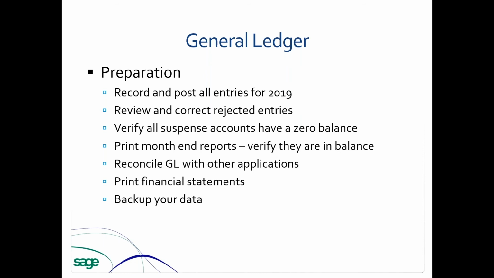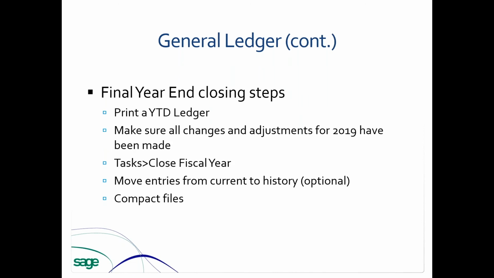Then print your financial statements as tentative, make a backup. You might want to get a year-to-date ledger, either print it to paper or get a print file. And I would put a date on it so that you know when that year-to-date ledger was made. Okay. And then close the year. Now, when you close your year, the amount that comes up during the close year should balance to your net profit or loss. So if it doesn't,